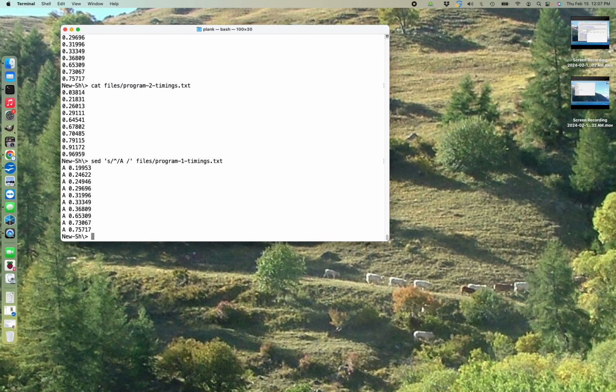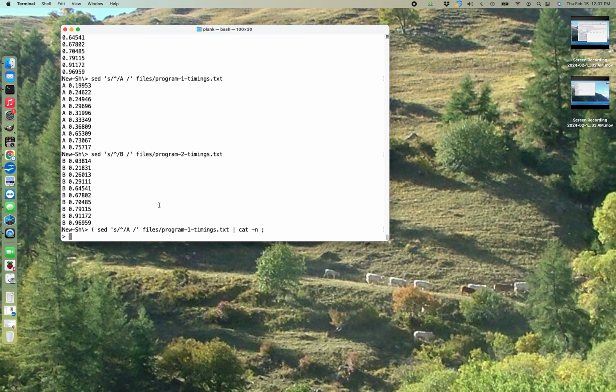Okay, so that's putting an A in front of each of those, and then with program 2, I'll put a B. Okay, and now what I will do is, inside a subshell, I'll take that, pipe that to cat -n. Okay, and then I'll do this one, pipe that to cat -n.